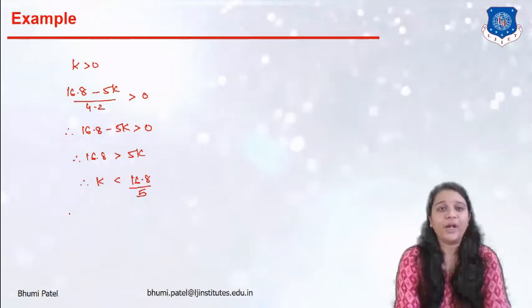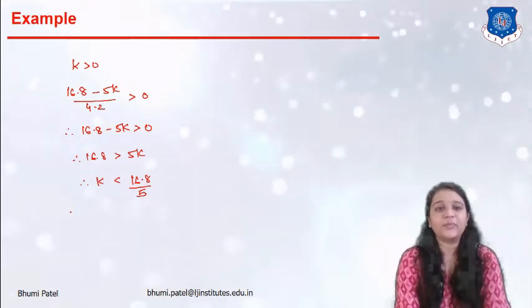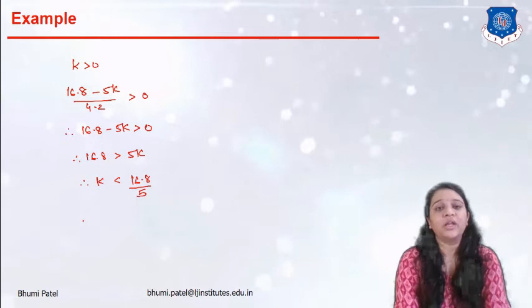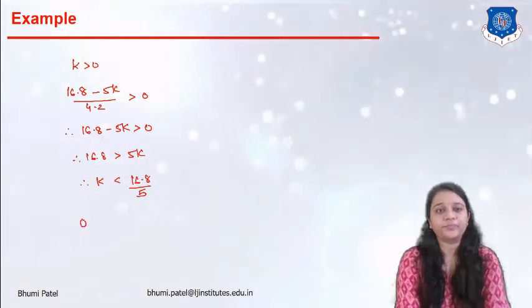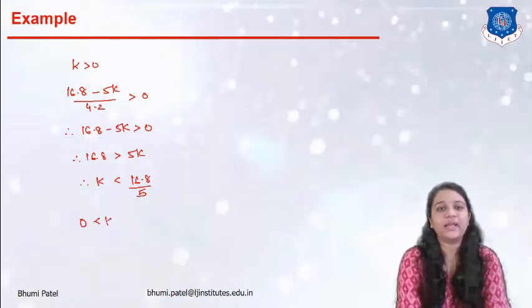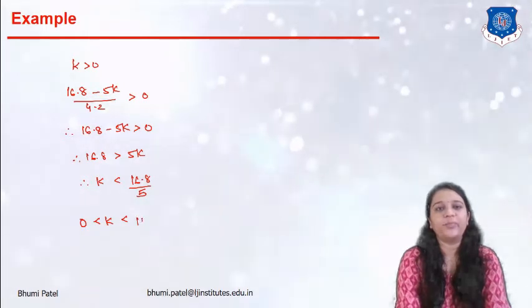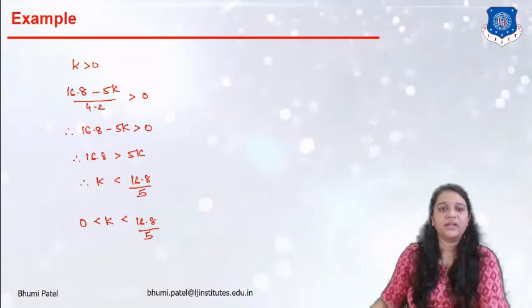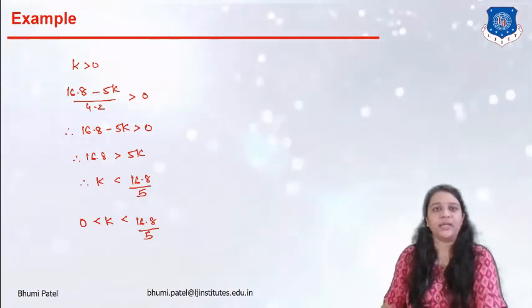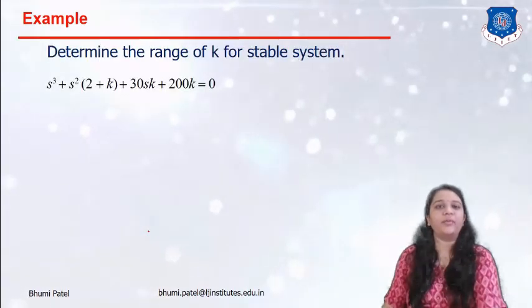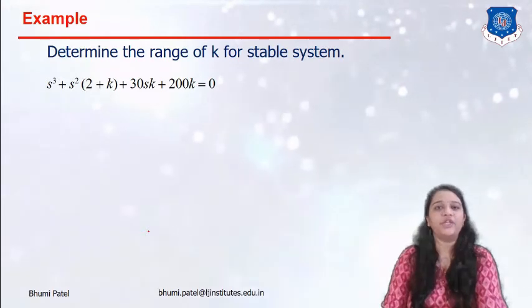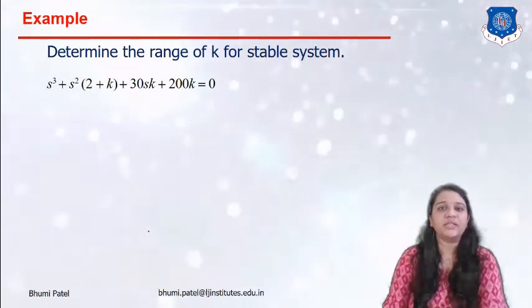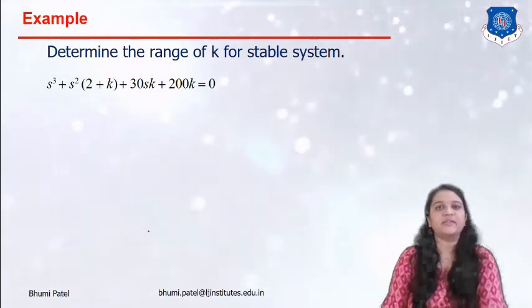So for this particular system equation, for the stable system, the range of k is 0 less than k less than 16.8 divided by 5. So this is the value of this k. Now the example number 2: determine the range of k for the stable system,